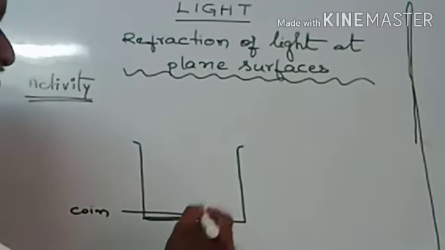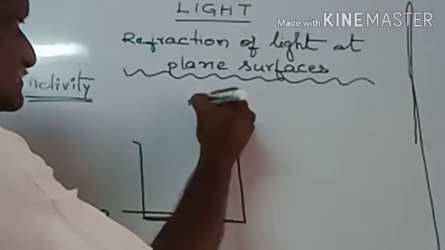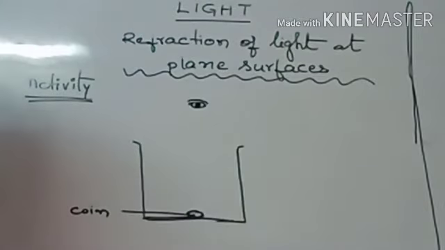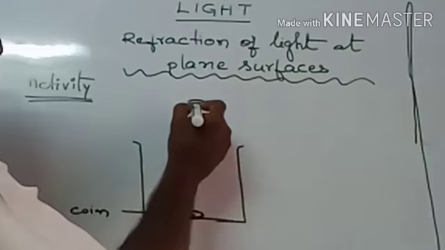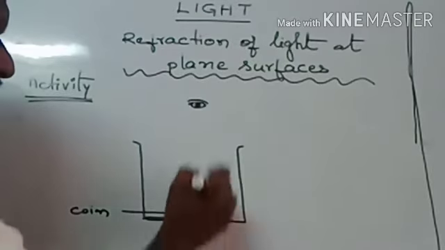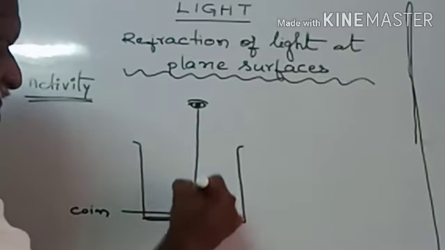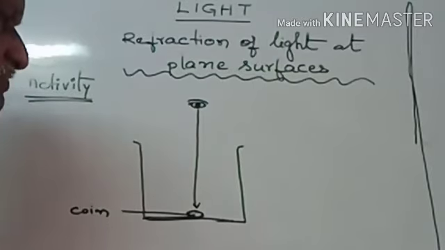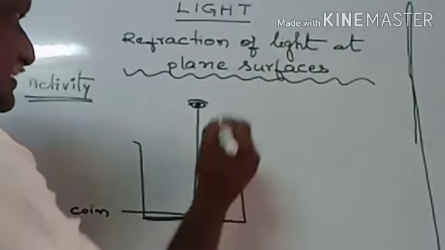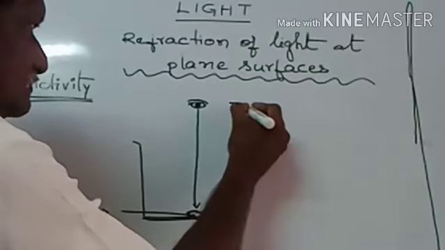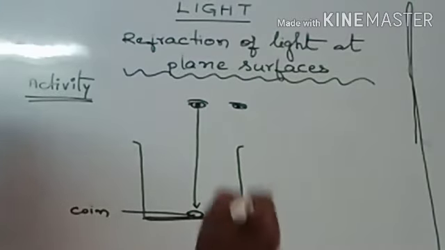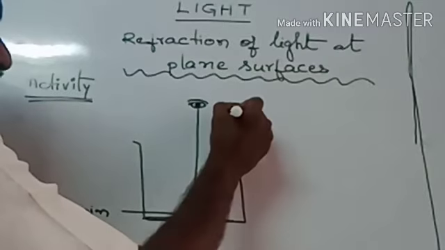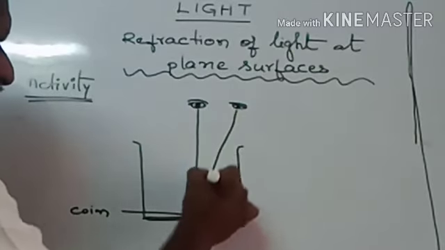Can we see this coil from here? Easily we can see it. From this part, you can see this coil clearly. Can we see this coil from this part? Easily we can see this, because our vision travels straight, so that we can see this coil.